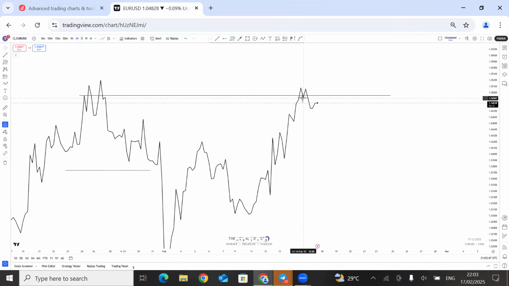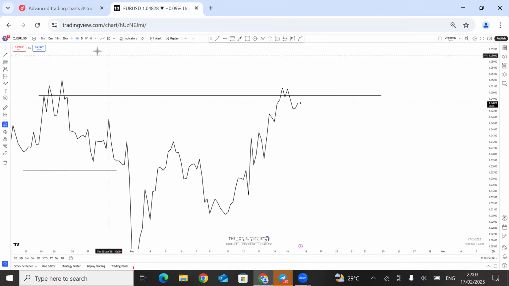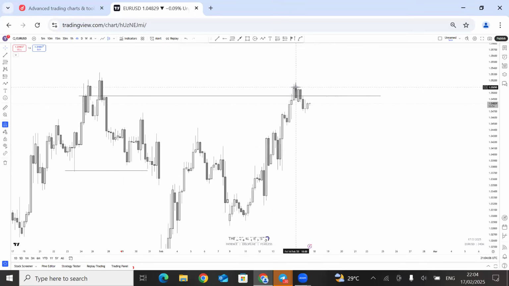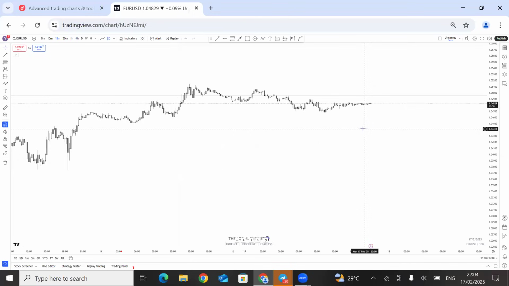So yes, here was a mini break of structure, but here is the main break of structure I'm waiting for. I want price to break this structure here, then I'm going to be sure what I'm doing. Normally I caught the trade here because I had something here like a sweep, protected high liquidity. I use this as liquidity, and I took this sell from here and it's retracing slowly and going down. So let's see.